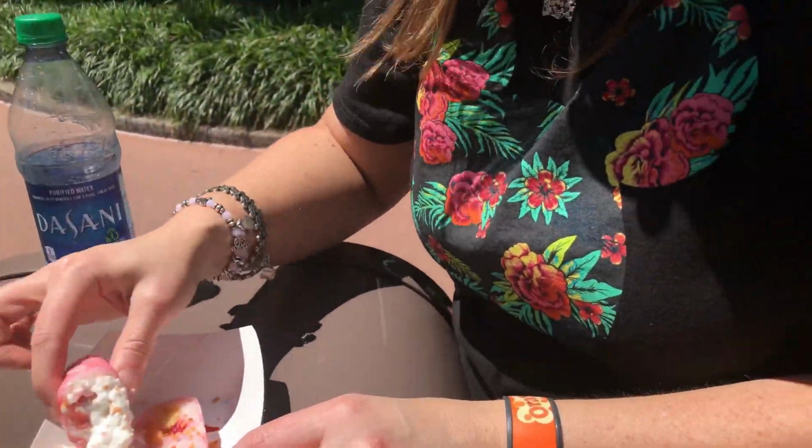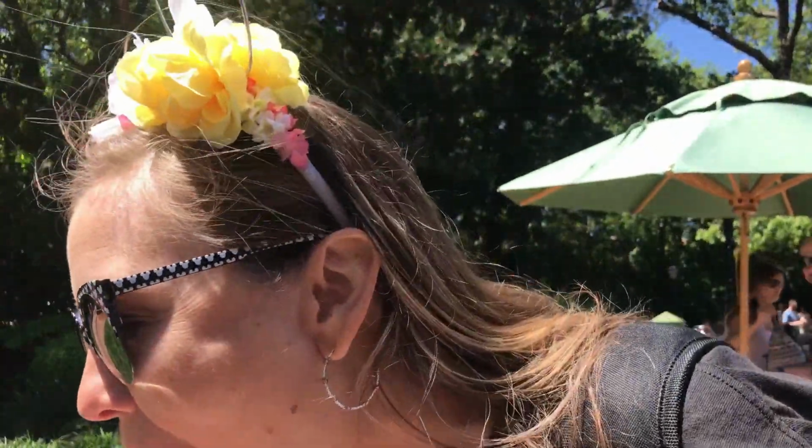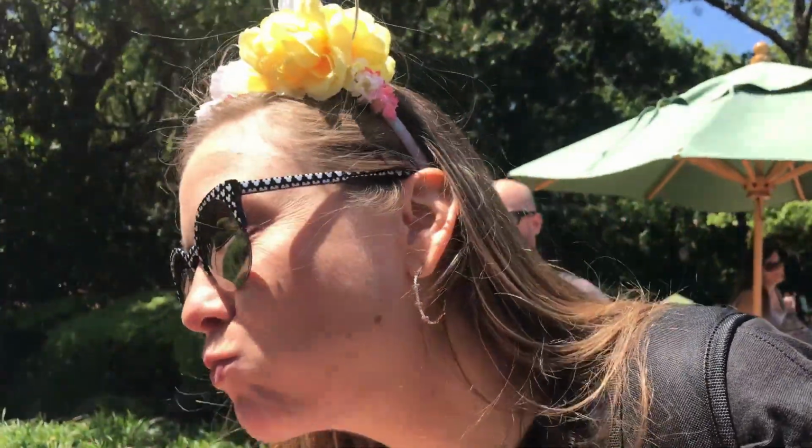For the record, this is our fade. I'm just gonna go for it. Go for it. Whole thing in my mouth. Put the whole thing in your mouth. Then I'm going to focus in on you while you're chewing. Sorry, you mind if I just...